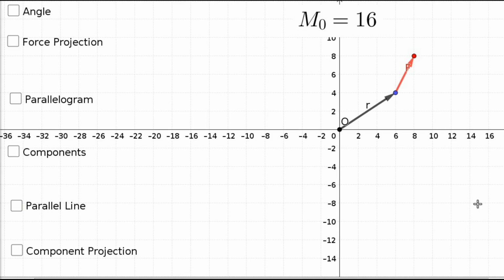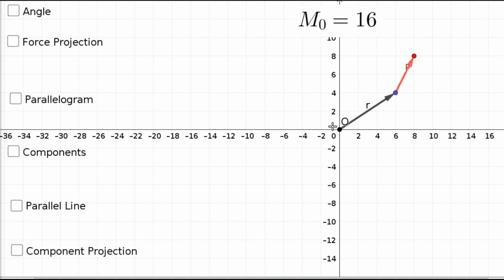Here we're going to be talking about moments in two dimensions. On the graph here I have a position vector r and a force vector F. Notice that this force vector tends to move r around the point O, the origin. And the number to watch is this M0, which is the moment of this force